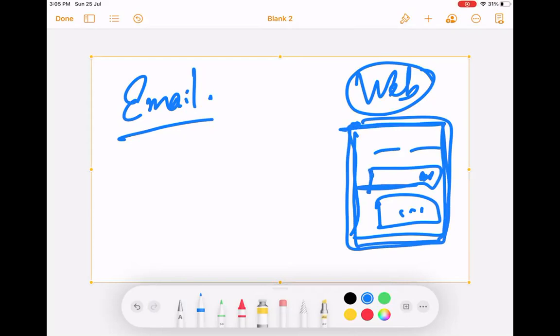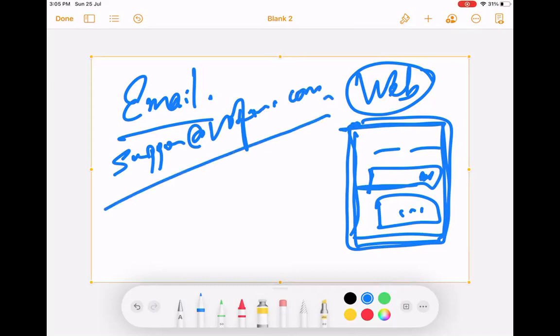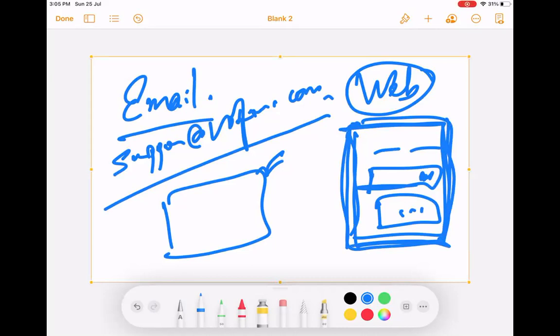You can also send a mail. In the contact us section, you can have a mail like this: support@vodafone.com, right? So you can mail to this, and they will also give you a ticket number. They will say that we have logged this ticket for you, and now it is assigned. Same in Wave also, they will send you a ticket number, right? But this is automatic. This is happening.